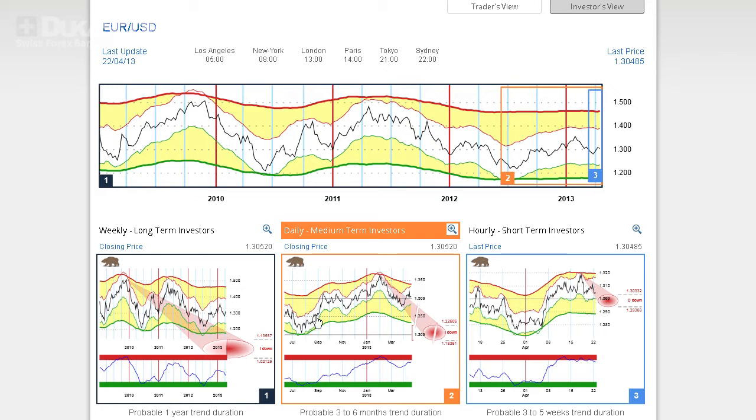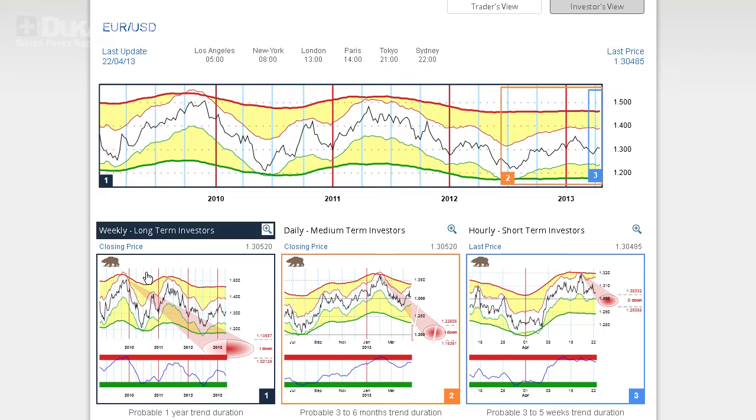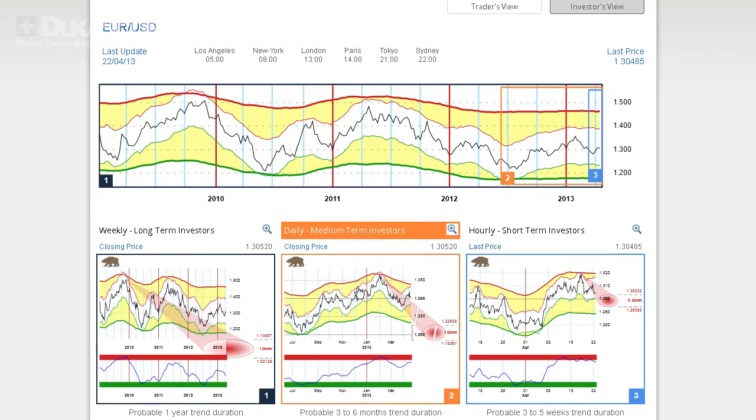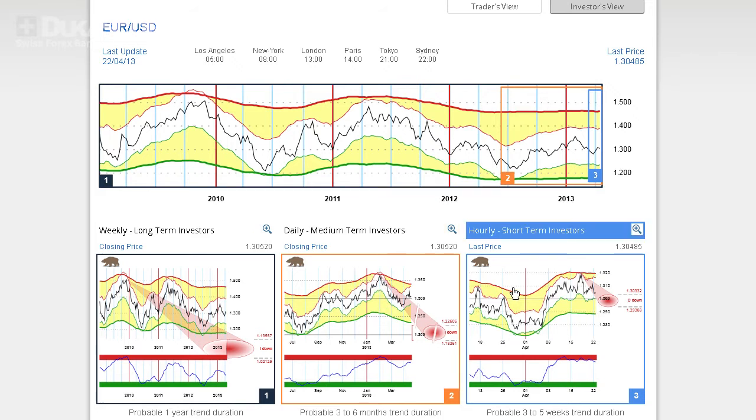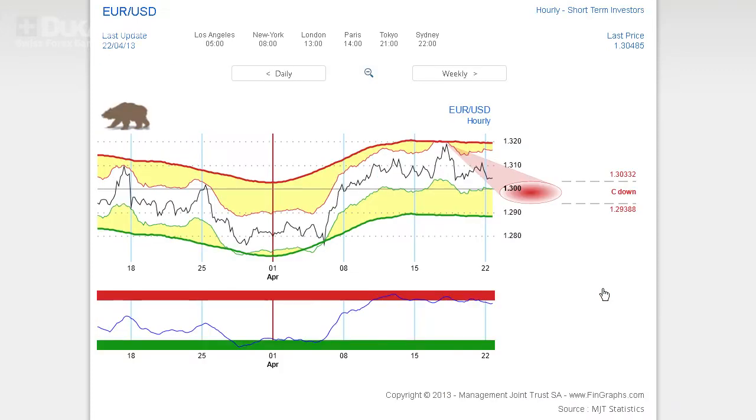At the moment, shorter term, you're on an impulsive down move on the weekly, an impulsive down move on the daily, and on a corrective down move on the hourly. We would expect that following the spike that we did last week on the euro, we have entered a corrective down situation on the hourly charts, and that it could lead us, and let's zoom on the charts, back towards the 130 level or even below it.